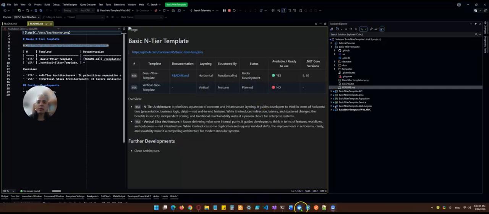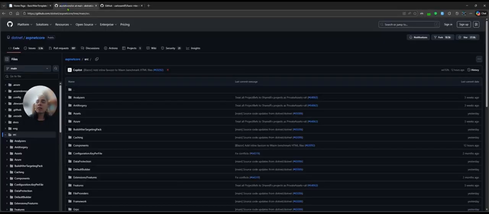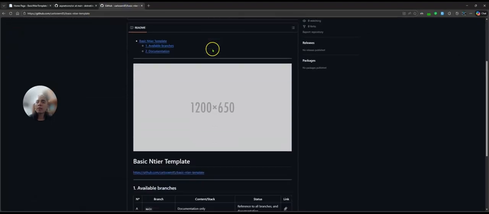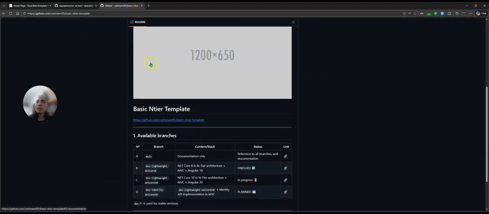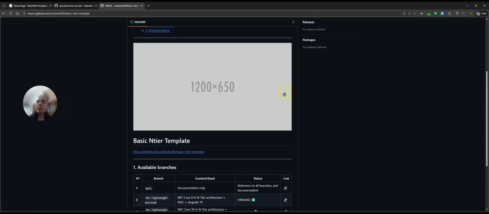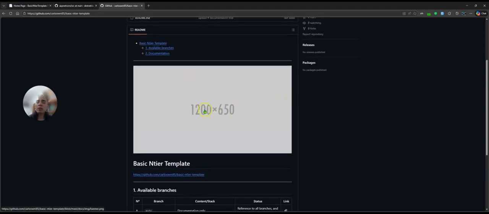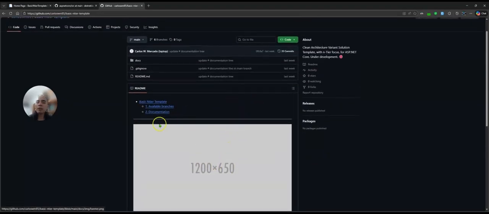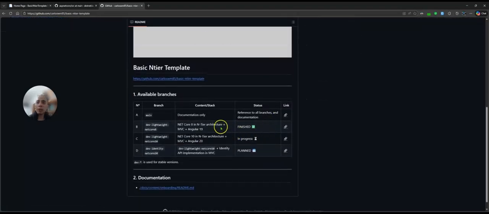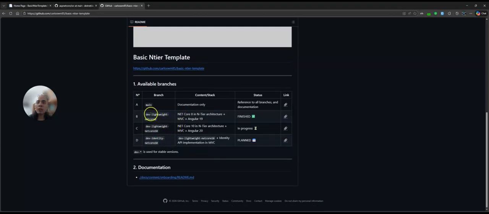Let's take a look at the actual repository. This is the main one. As you can see, I have this placeholder for a cover that I'm going to include in this repository, and I have a short description of the content. Right now I have this one project and versions for Netcore and Angular. They're finished, they're usable,